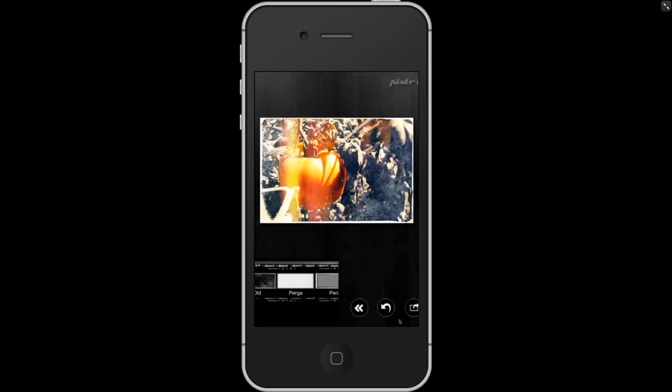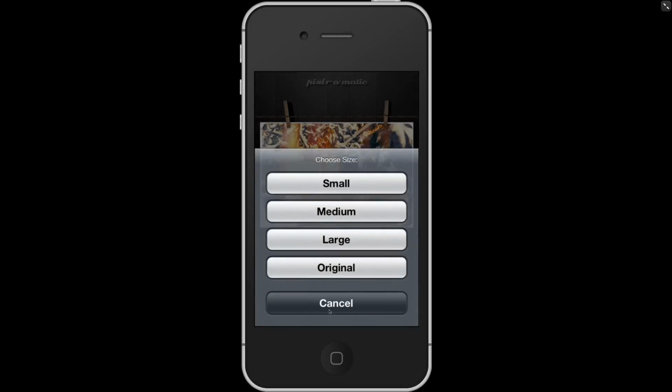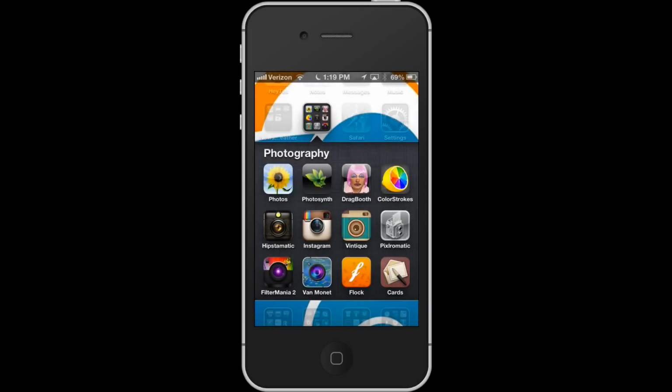very bottom right. It's kind of cute. It hangs it on a little line like that, and you can hit the little share icon and save it whatever size you want. Strongly recommend original, but you can do whatever you want. So that is Pixlr-O-Matic. Now, like I said, what I wanted to do is a couple